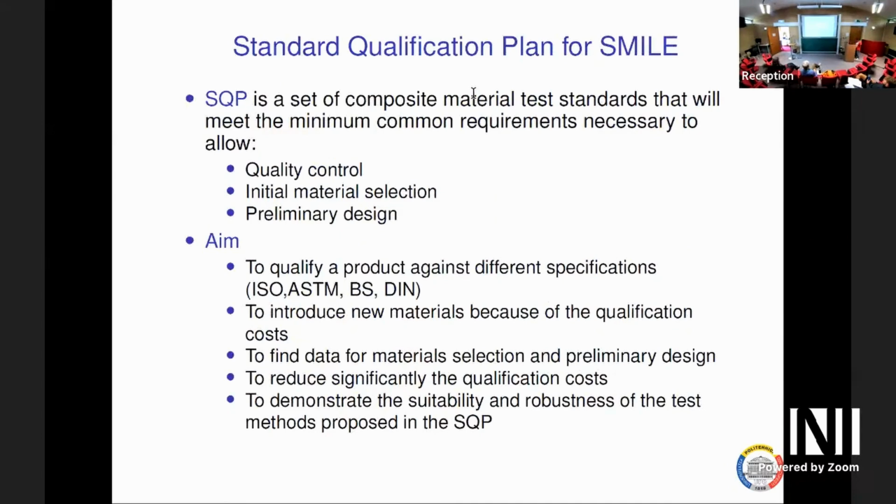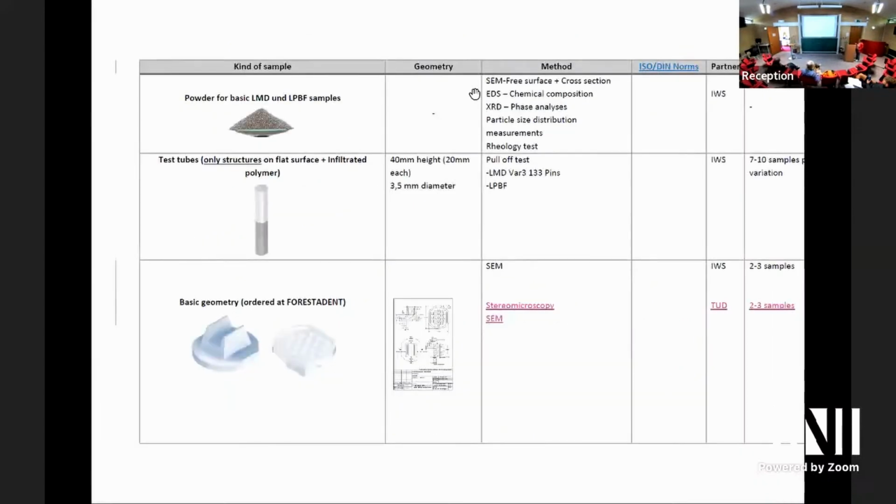Now, how are we proceeding? We are proceeding starting with a standard qualification plan for SMILE. This means that from all these possible standards, we are going to choose standards that are meaningful for the quality control, for the initial material selection and preliminary design. And this proves to be, I won't say complicated, but yes, it has a complexity and, as I said, very expensive